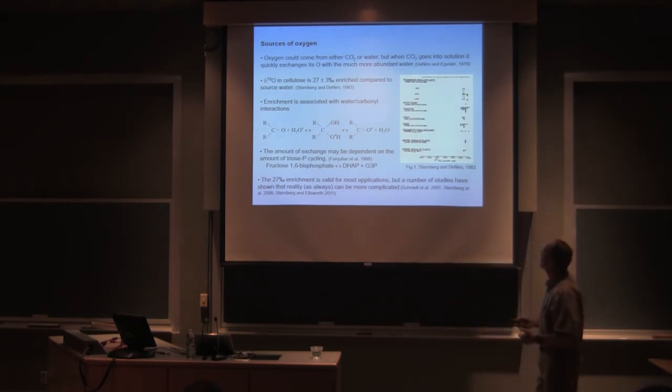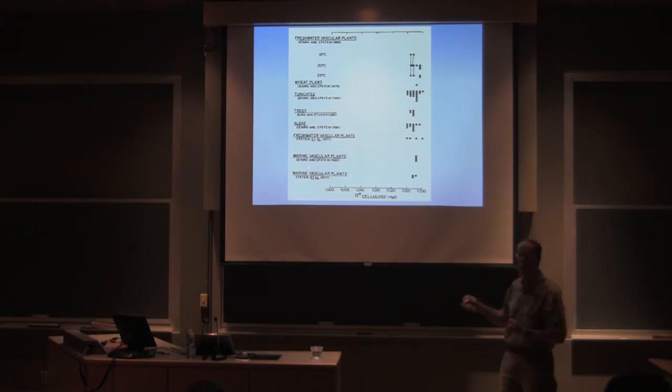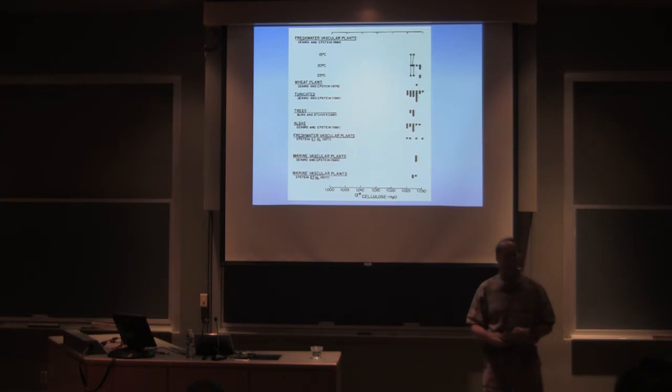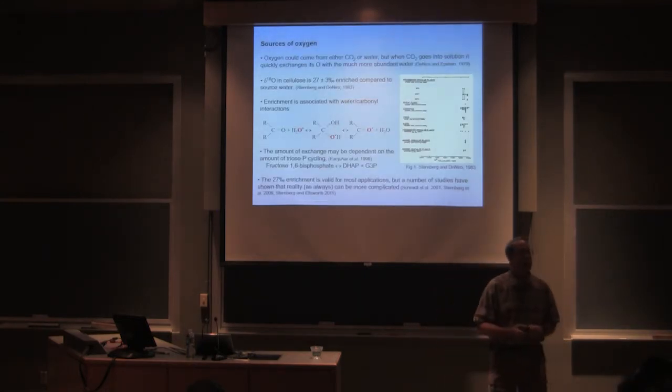Now, this is a 27 per mil enrichment. And there's the little thing right there, 1.027, 27 per mil, with a little bit of variation. But these freshwater plants, wheat, tunicates, trees, there are all kinds of different organisms here, and they all have the same fractionation factor, 27 per mil, with some variation. What is that related to? Well, this is related to what we call the